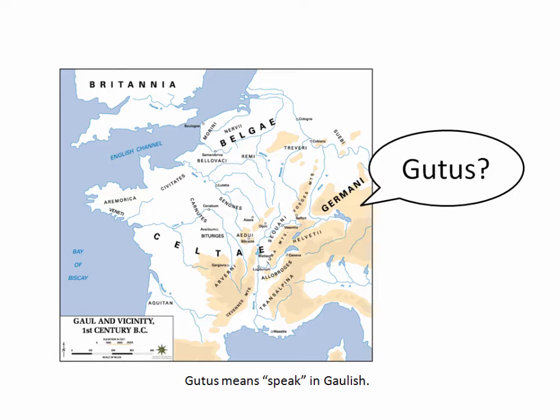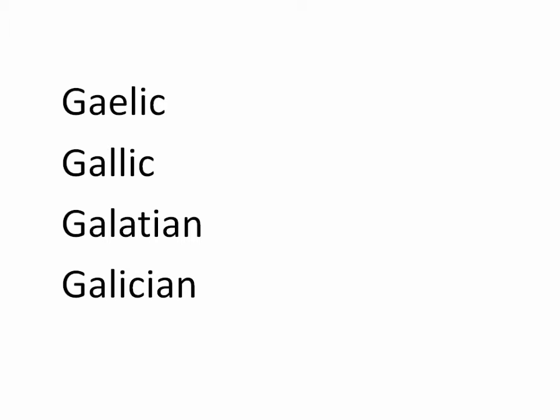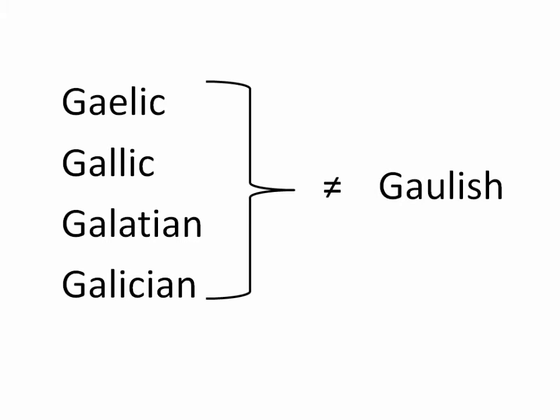When trying to find information about the Gaulish language across the internet, especially when I first began, I found that some people tended to confuse what the Gaulish language actually is, or they confuse it with one of several other languages which may have similar names. Some of the other languages which I have seen Gaulish be confused with include Gaelic, Gallic, Galatean, and Galician. I would like to clarify that these are not the same language as Gaulish, though some are partly related.